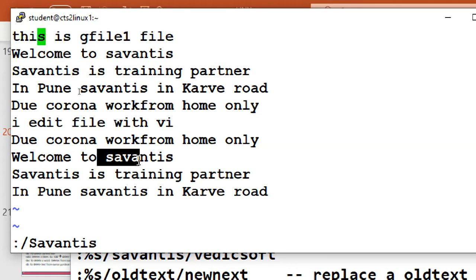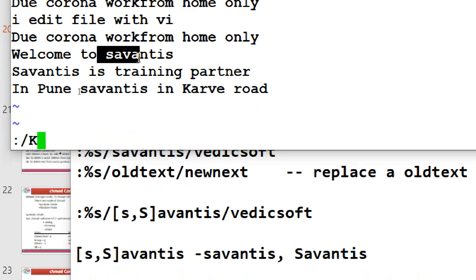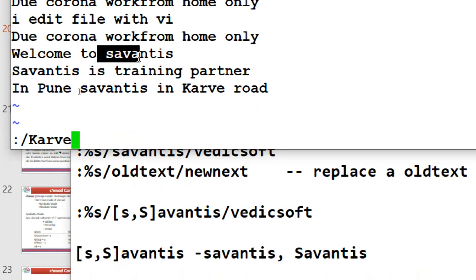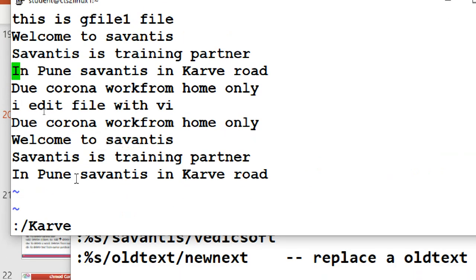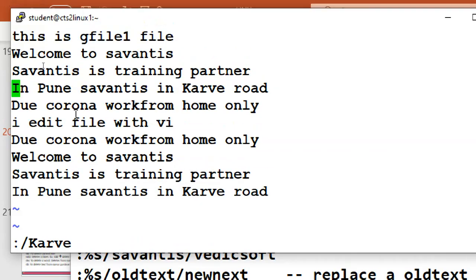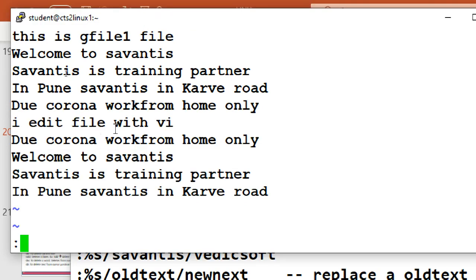For example, I keep my cursor at the top and type Carway Road. It shifts to that line automatically. So this is how you can find a text in the file. Wherever you are located at the current cursor position, it tries to find the text next to the cursor only. It won't go above.